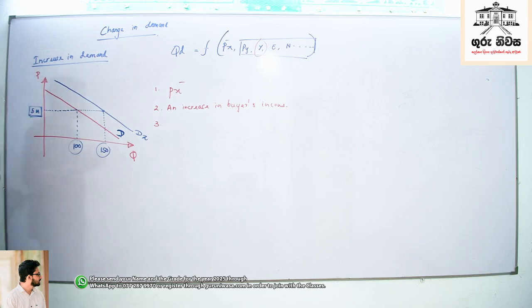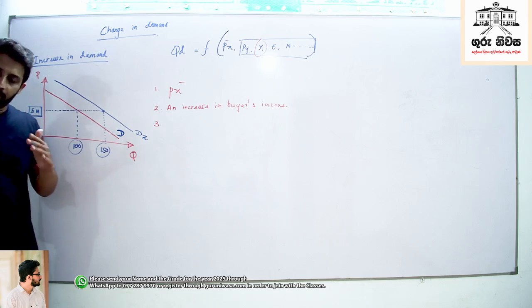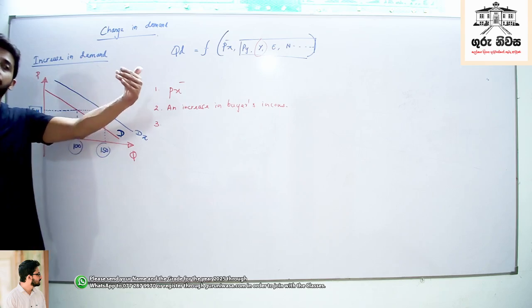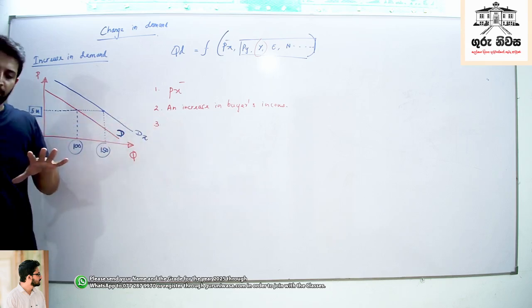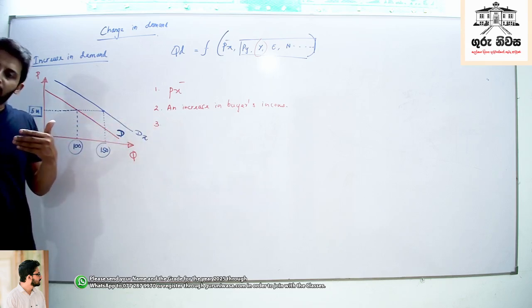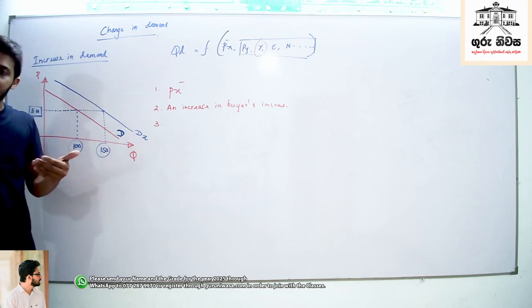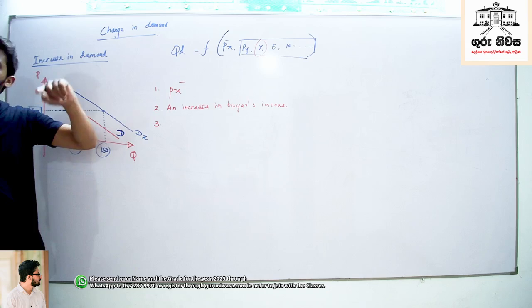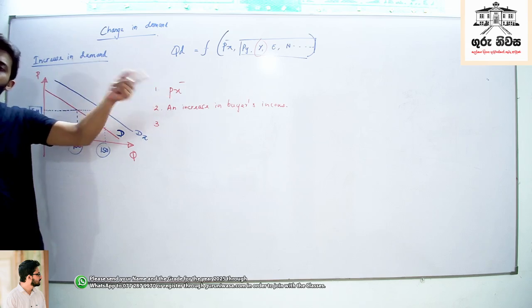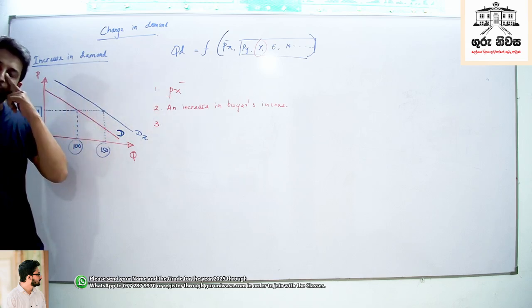They'll buy more. Today, consumers believe car prices will fall in the future. Today, I'm talking about today. Are consumers willing to buy more or less? They think the car price will drop in the future. Do they try to postpone the purchasing or do they try to buy more today?